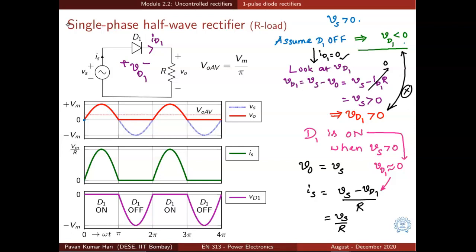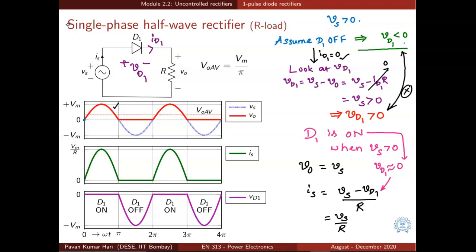And how does the current look like? The current looks like, again, Vs by R, because of the same approximation. So the current waveform is shown in green color. We are looking at the first interval 0 to pi when the input voltage is positive. So when the input voltage is positive, output voltage is equal to the input voltage. So that is why this red color waveform and dotted blue color waveform overlap from 0 to pi,